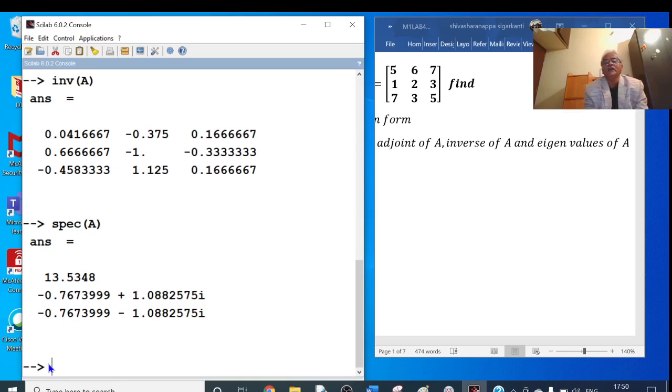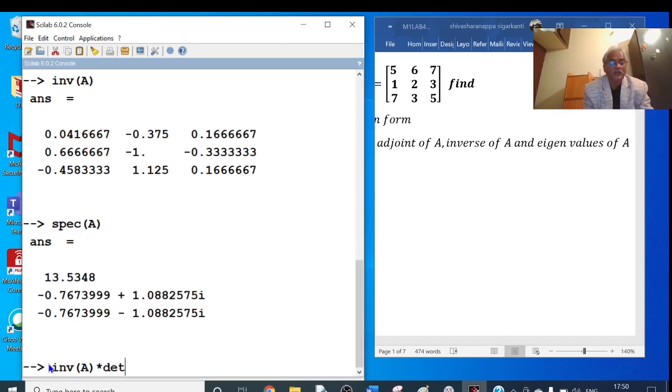Adjoint of A. Adjoint of A can be obtained by, we have A into adjoint of A is equal to determinant of A. A inverse equal to adjoint of A divided by determinant of A, or adjoint of A equal to inverse of A into determinant of A. So here inverse of A star determinant.